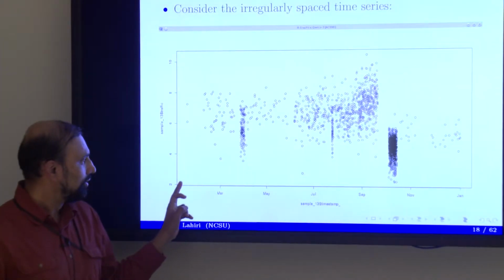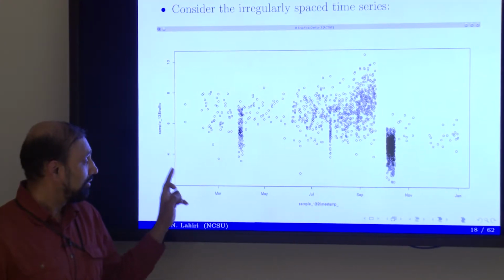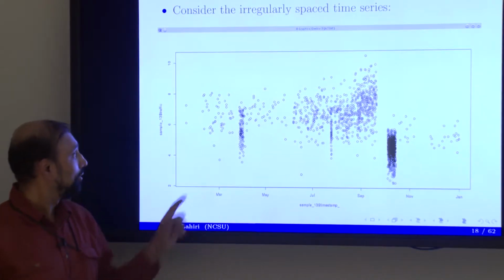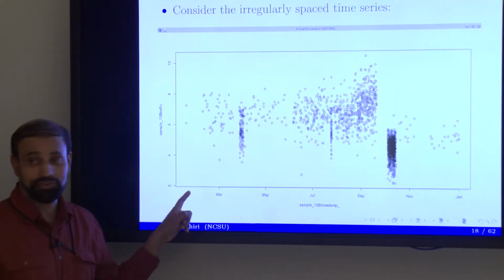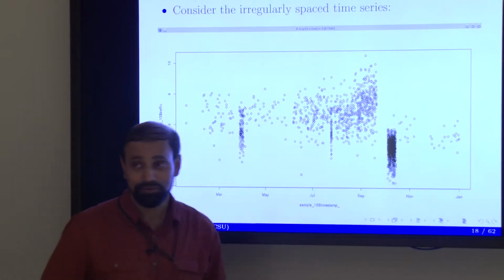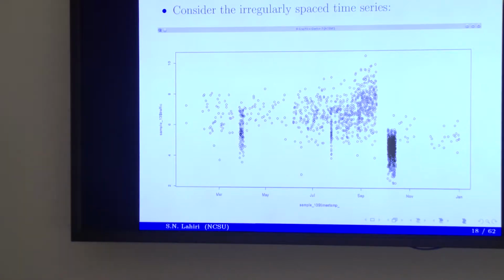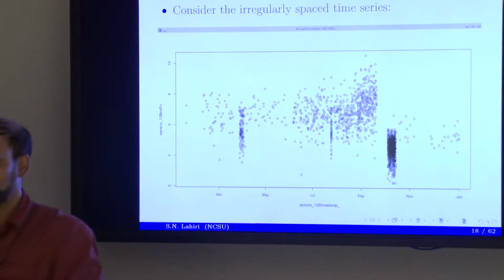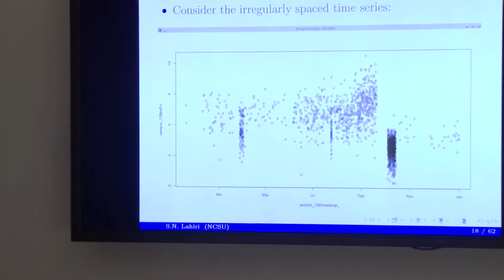So these are values that are recorded at arbitrary times during days. On some days there are no observations, and on some days there are multiple observations at different time points. So I cannot just say I have something here, nothing there, something here, nothing there. Periodicity does not help here. But again, that is an open question. The question that you asked, one has to see if that makes any sense in this context.